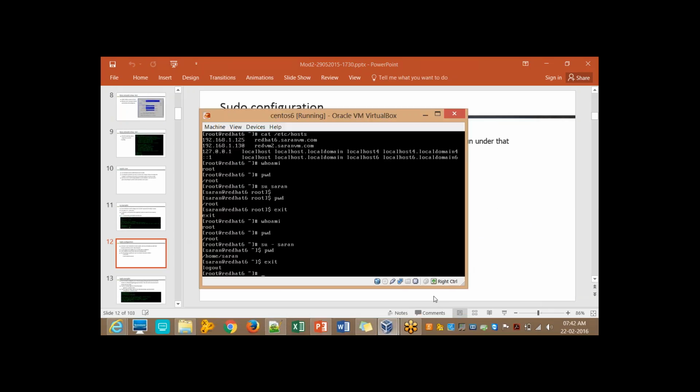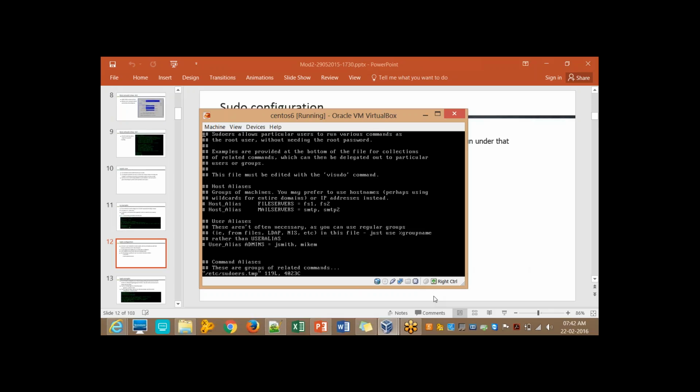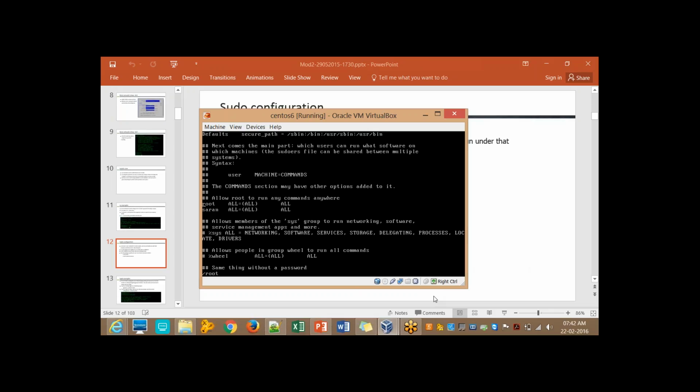called sudoers. Okay, /etc/sudoers. So in order to edit this file, we use visudo. So this is the way you have to edit the file. So visudo will open the /etc/sudoers file in an editor. Okay, once you open this file, you go for the location called this one,